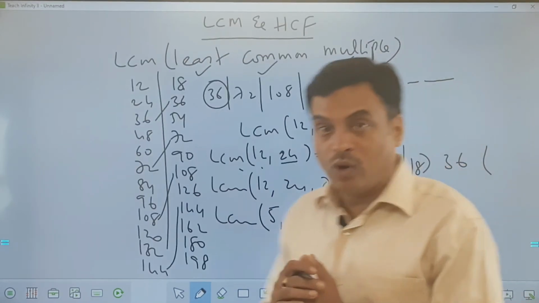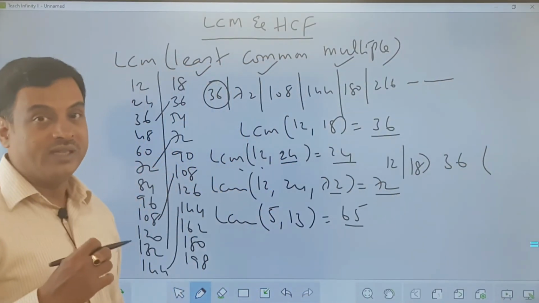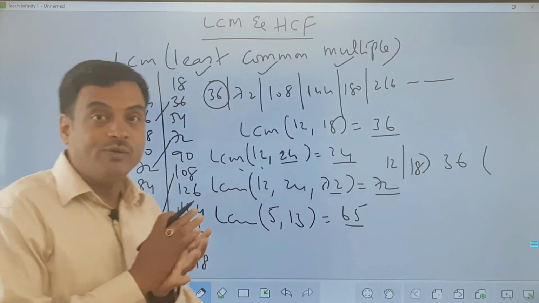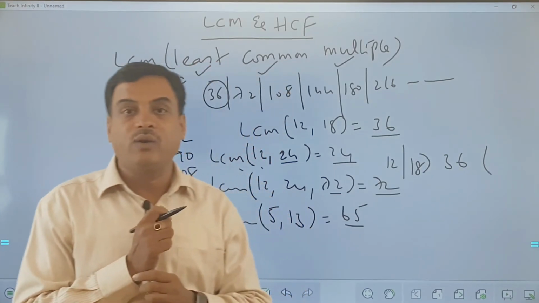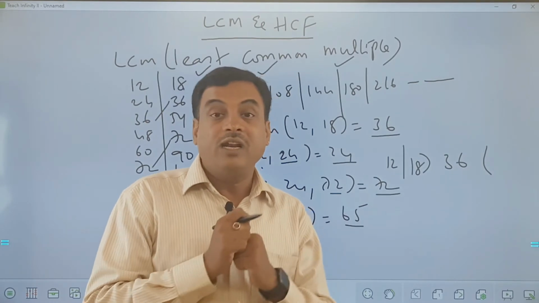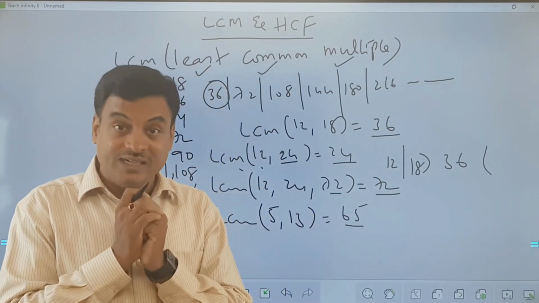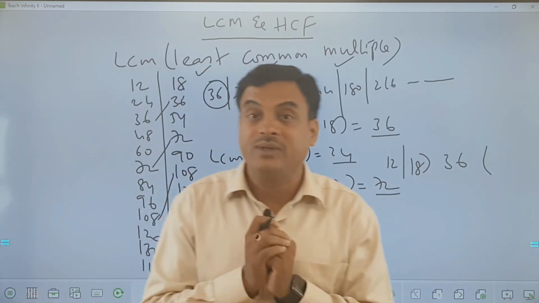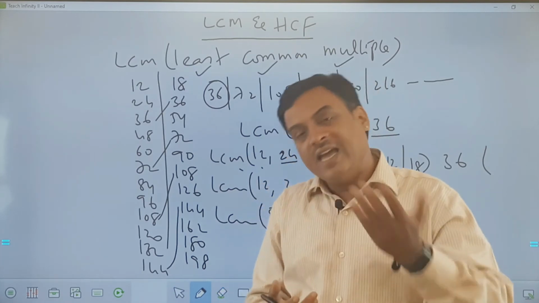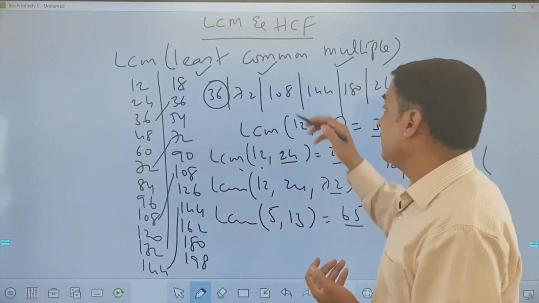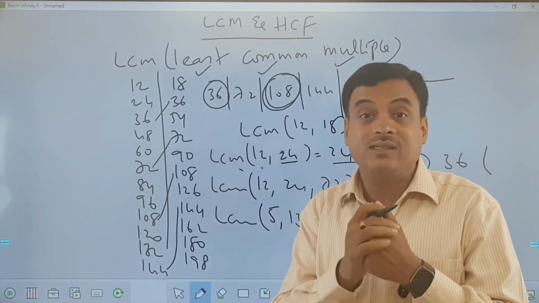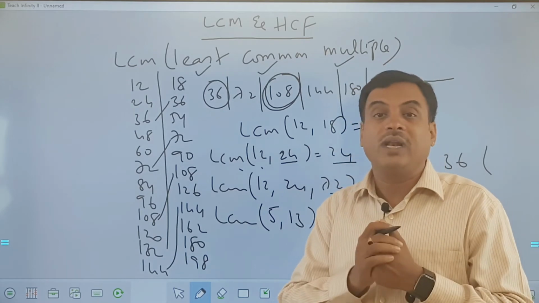Now the other learnings which I wanted to do, my friend, about LCM. Now you understood that 36 is the common number which is exactly divisible by 12 and 18. Such a number we are looking at, correct? So apart from that, what else can be the questions? Now tell me the least common 3-digit number which is exactly divisible by 12 and 18. If I ask you this question, anyone can say, if you look at these numbers, sir, 108 is such a number which I am asking for. 108 is the least 3-digit number which is exactly divisible by 12 and 18.